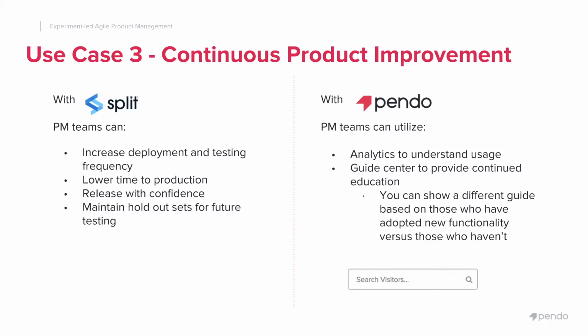I'll quickly talk here about one of our customers, WePay, a subsidiary of JP Chase. When they first adopted Split, they adopted us less for the experimentation, that was their end goal in mind, but they adopted us so that they could essentially get their code to production as quick as possible. By using Split, they were able to go from a 2-week deployment cycle down to daily, and they were able to do that because they didn't